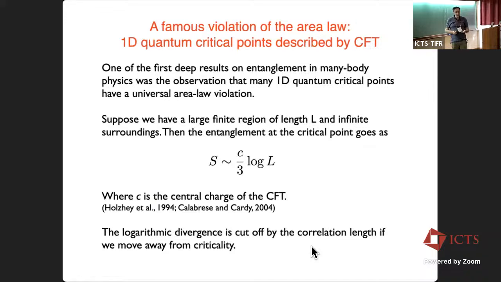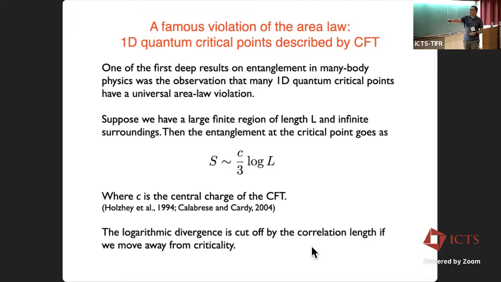So a violation of the area law, one of them is the one that Misaki introduced, which is this famous result of Holzhey et al. And then Calabrese and Cardy saying that if we look at a quantum critical point in 1D described by a conformal field theory, which is many but not all of the interesting 1D quantum critical points, then the entanglement between some finite region of size L and the rest of the system goes like log L, while the area law would just be a constant, and the coefficient in front is some number 1/3 times the central charge of the CFT,